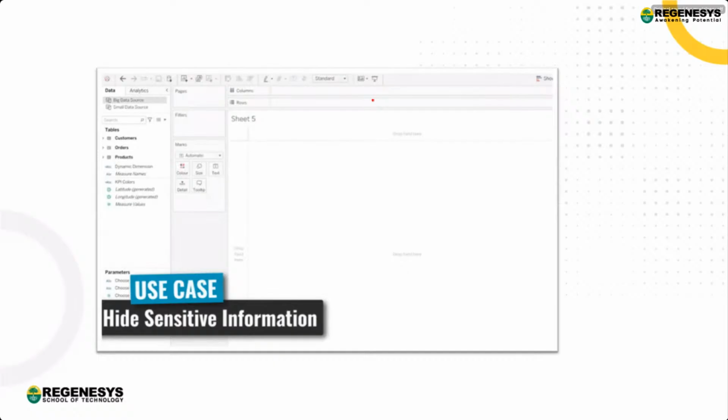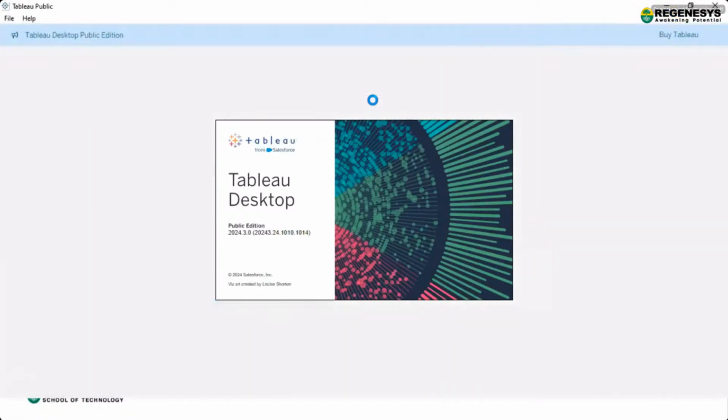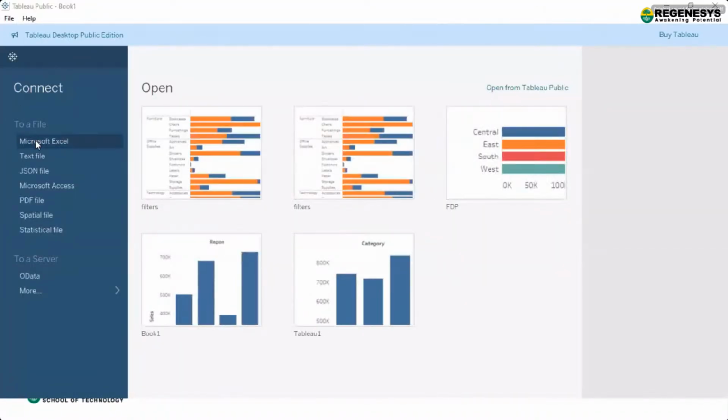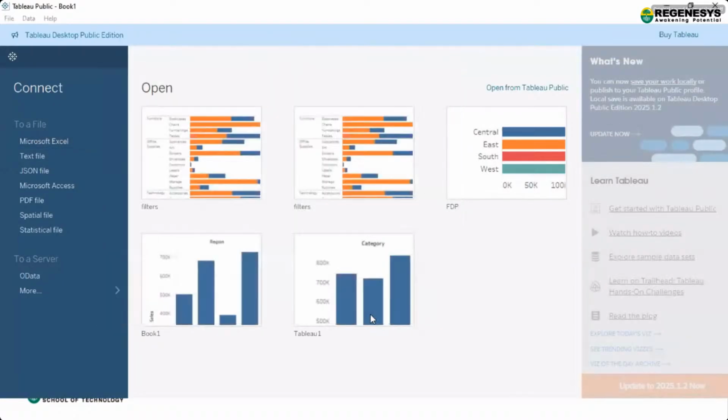Now, if after this FDP you are getting interested in working with Tableau, I just want to tell you that this sample superstore is not the only data set on which you can work. There are various other data sets, openly and freely available on the internet.